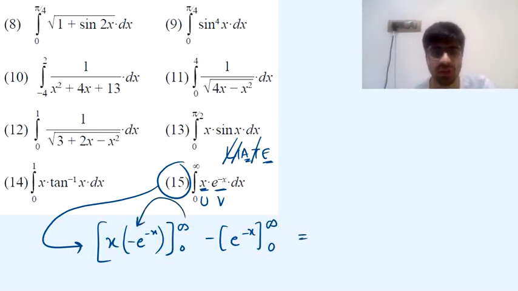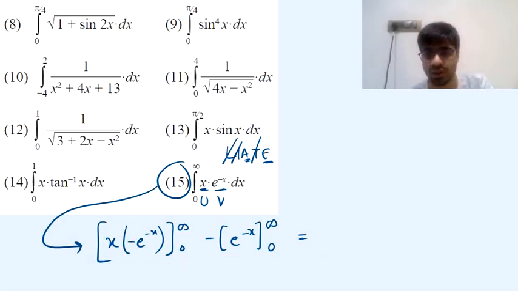So evaluate this. When you put an infinity here, infinity into e power minus infinity. E power minus infinity will be 0, and that is why the first term here will be equal to 0. Minus, you put a 0 back here. So e power 0, fine, that's going to be 1, but 0 into anything is going to be 0. So again you have a 0 minus 0, which makes the first bracket entirely getting evaluated to 0. So it's okay if you don't write it on the right hand side, because ultimately it's 0.